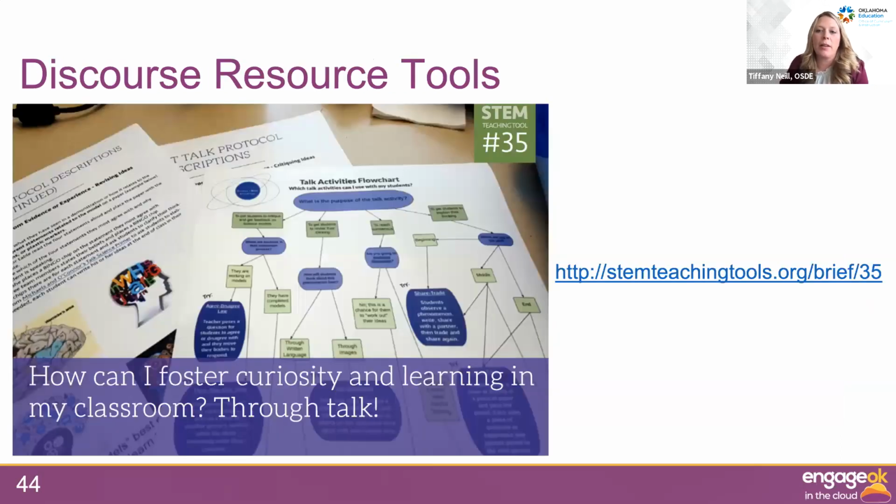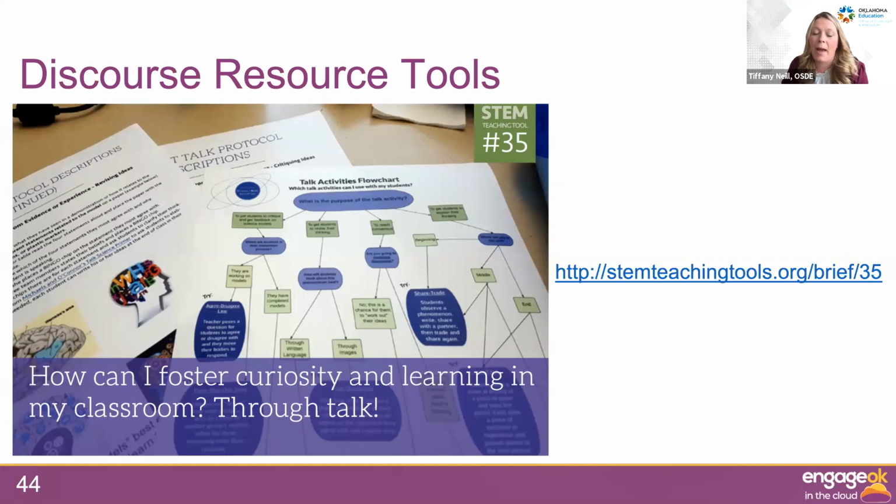But there are other great resources. And if you were with us yesterday, I showcased this resource as well, so I'm just going to touch upon it again. This particular resource is a brief on how to foster curiosity and learning in the classroom. Now, it is